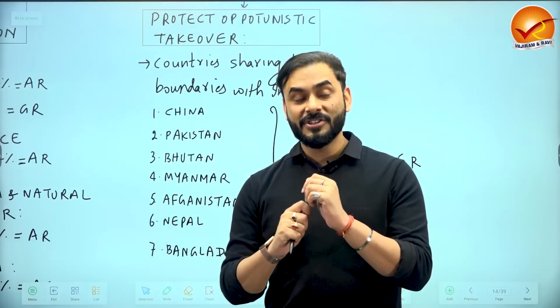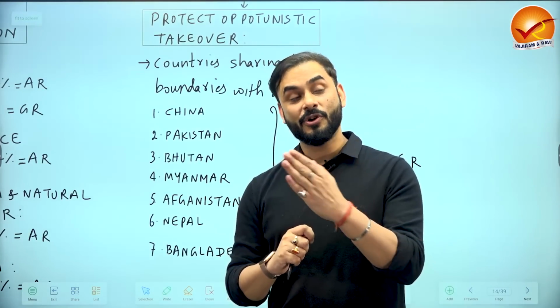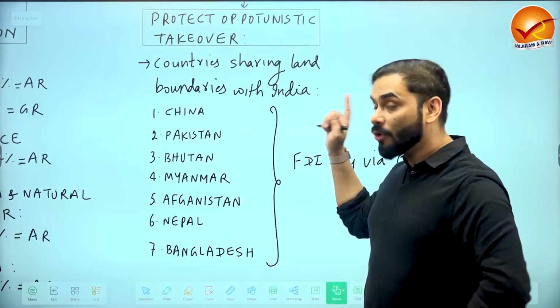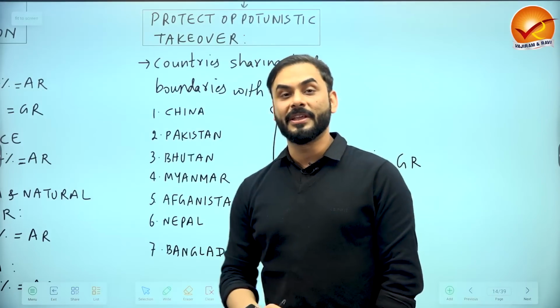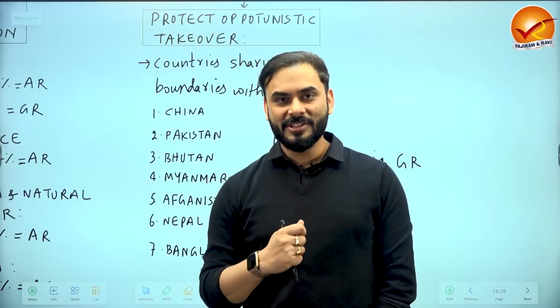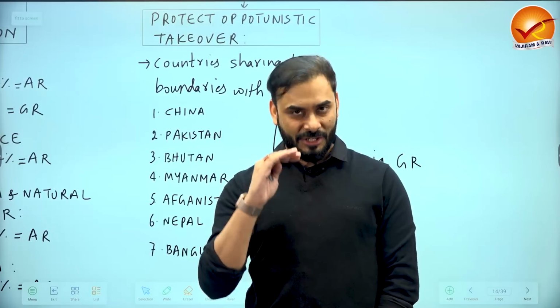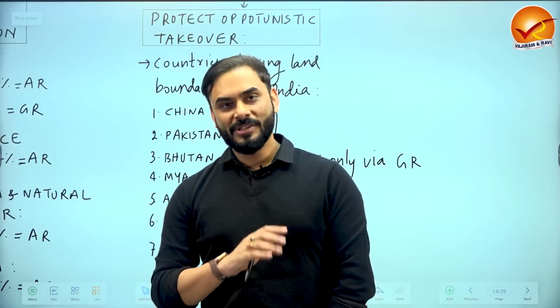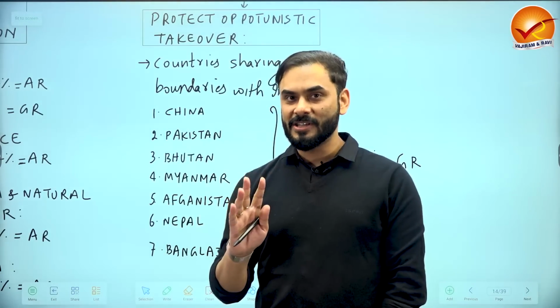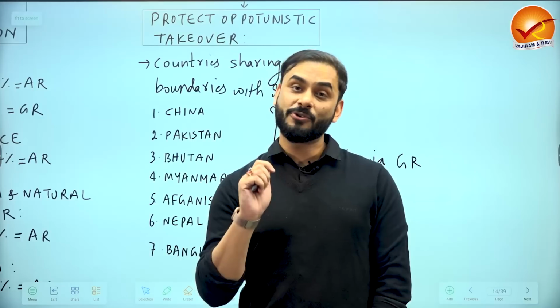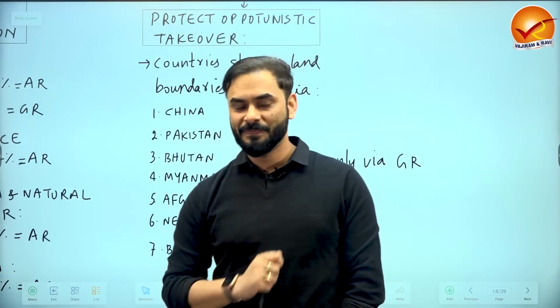So Chinese investors started to buy equity shares across many countries of the world. This is called opportunistic takeover of the companies. Suppose I have a company in the US, I am a US guy. A Chinese investor would come and buy shares in my company when my share prices are low. This is opportunistic takeover, right? Because in a normal situation, they were not buying the shares. But when they saw that the share prices were low, they started to buy it. And tomorrow they will start to have influence in the company also.